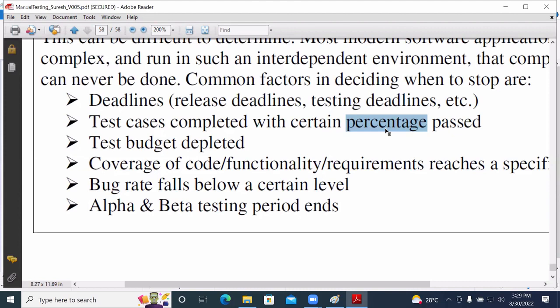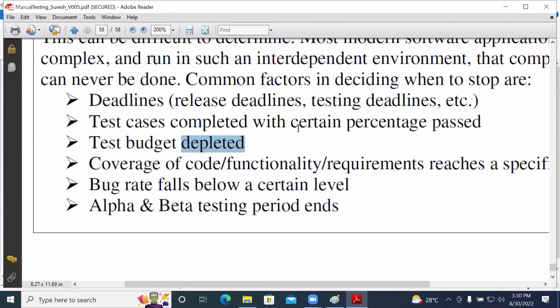That is what it mentions about pass percentage here. Then it mentions the test budget depleted. The meaning of depleted is the budget has been completed. Sometimes the clients will not have enough budget to continue the testing. If they don't have enough budget, then they can think about stopping that particular testing.